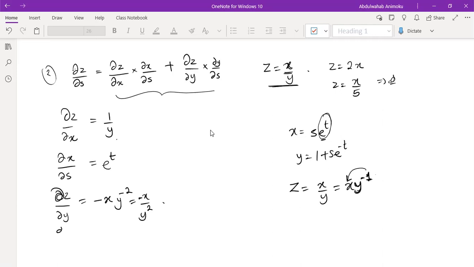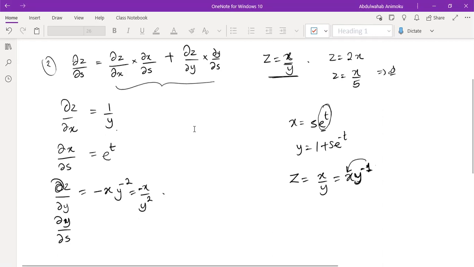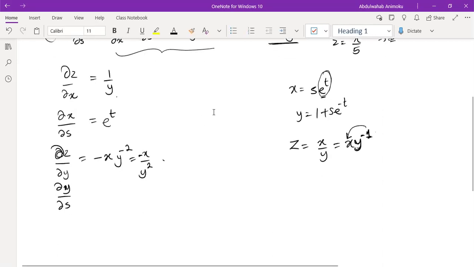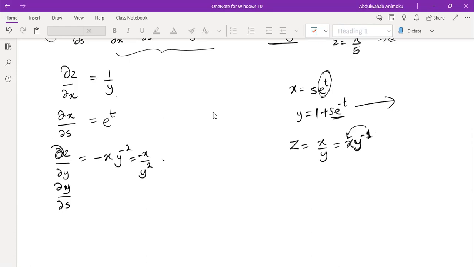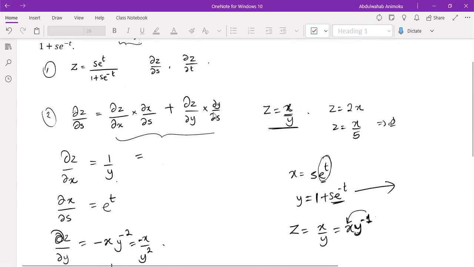And finally, we have dy ds, right? So del y del s is just the derivative of this with respect to s. You can see the derivative of the constant 1 is 0. Now the derivative of this one is just going to give us e raised to power minus t. And we are done. So all we need to do now is to substitute these values into this function,